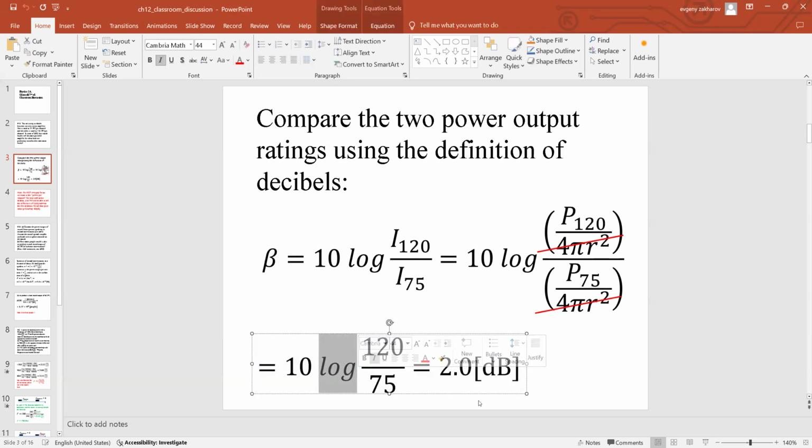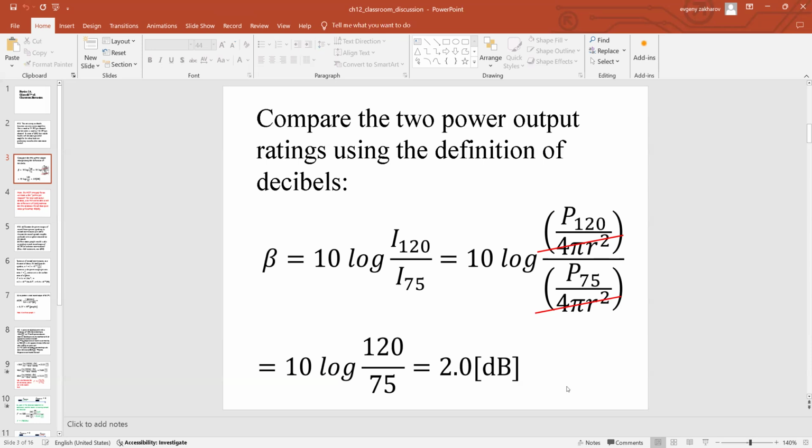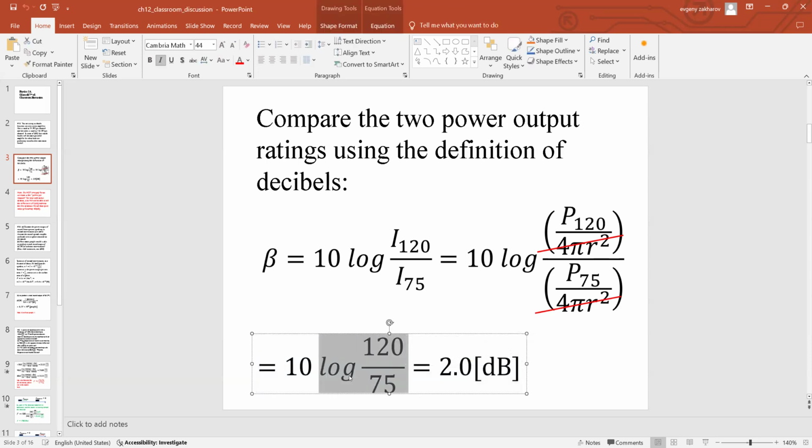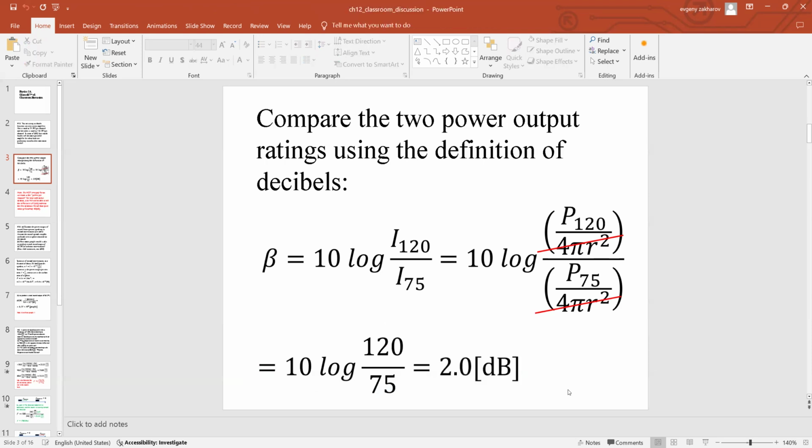But let's not forget that there is a log function, and log usually makes everything very small. Like a log of a very big number will still be a very small number. So natural log or log base 10, doesn't matter. You will get a very small number, multiply it by 10, and you will still get only 2 decibels. Remember the 2 decibels? It's not really even a